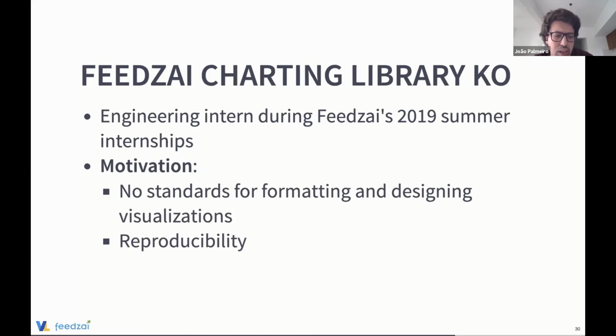Reproducibility, in the sense that we have here an ecosystem. We can use it in different technologies. Some are working better than others, with different paces of development and updating. But we have people that do data science with Python, who can use Altair, and people that program for the web can use Vega or Vega-Lite.